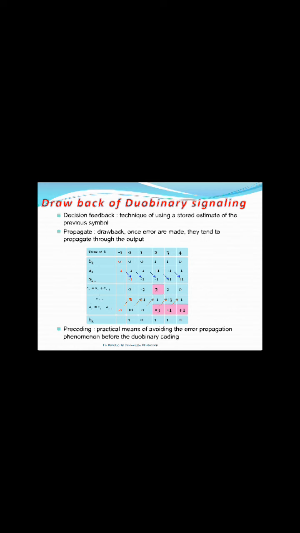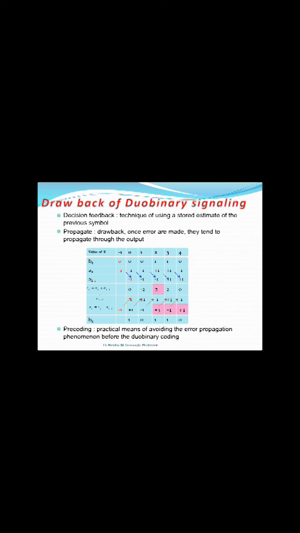So how does the error occur? You can see the chart. We have done this chart previously for duobinary signaling. If there is a mismatch, you can see the pink mark, instead of getting 0, we have obtained 2. This 2 at this part is an error, but it keeps on being propagated to the next bit stream. So 3 you have, and this 3 also provides an error. Automatically, your signals are capable of introducing an error in producing the output. So a simple error at the start or the middle of the stream spoils the entire bit stream. So we need to overcome this error.